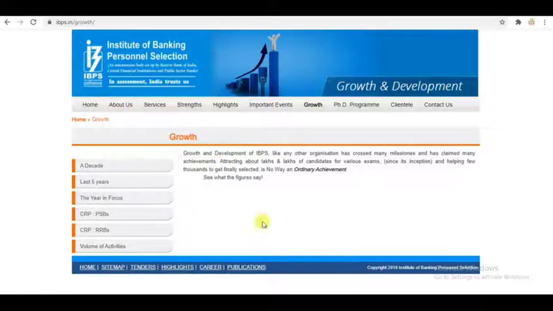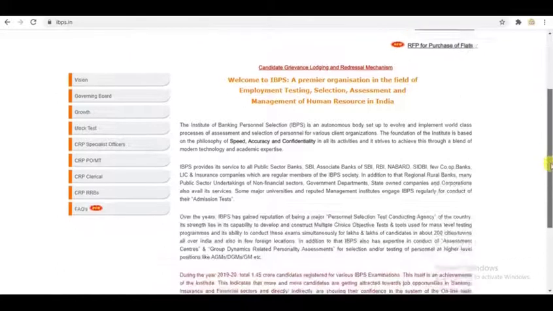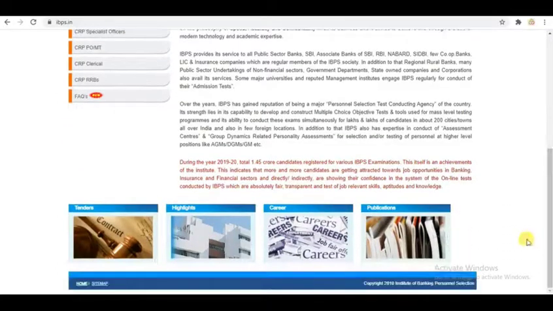Then again see the layout of this page. The header, menu bar, and the footer remain as they are. Only the contents get replaced, or the menu's left sidebar content gets changed. You can go to the home page and check the layout of this page, how this web page is designed.